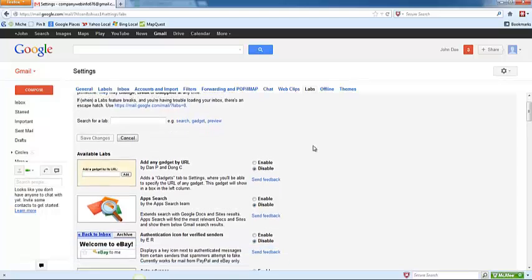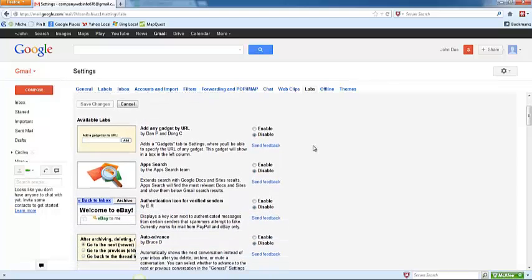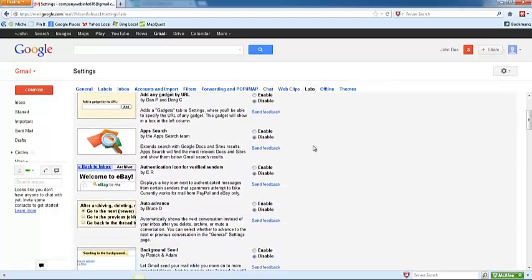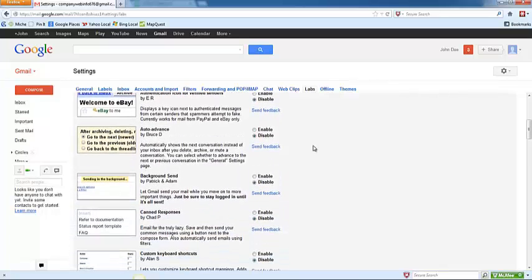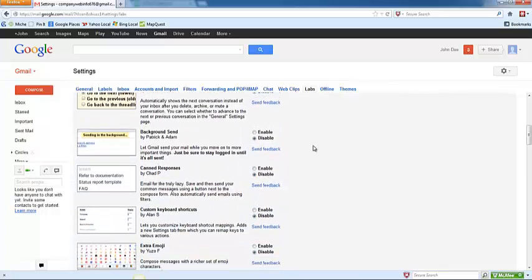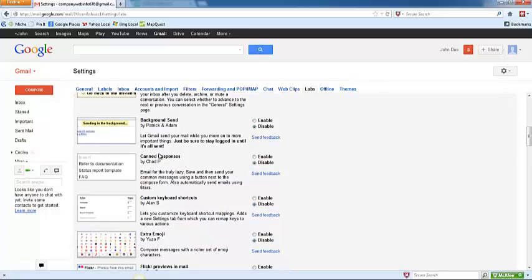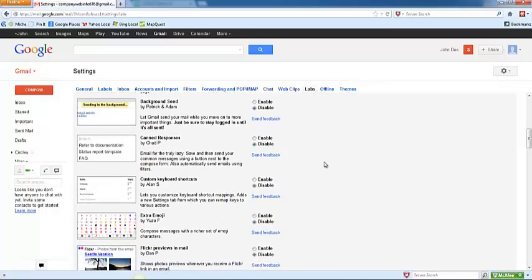Labs are any additional features that you can add to your Gmail account. You can kind of click through, read about each of these that you are interested in. Some popular ones might be a canned response. If you send the same response to several different recipients, you can go ahead and save that text as a canned response, and then it will just upload, if you will, that canned response into your email when you choose